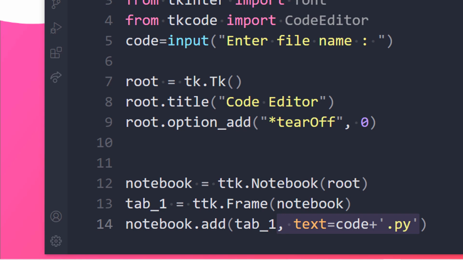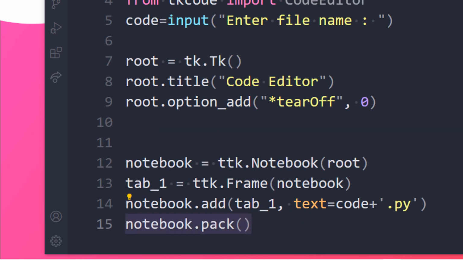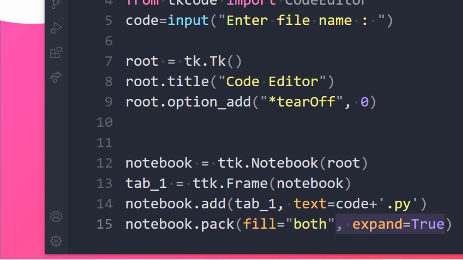Alright, that's great. Now we need to pack it inside the Tkinter main framework. So just use the pack method for it. Let's say notebook.pack will work for us, and I think it should fill all the x and y coordinates. So I will say fill to both sides, x and y, and if you want to make it expandable on every side, then we will be using expand equals true, somewhat like this.